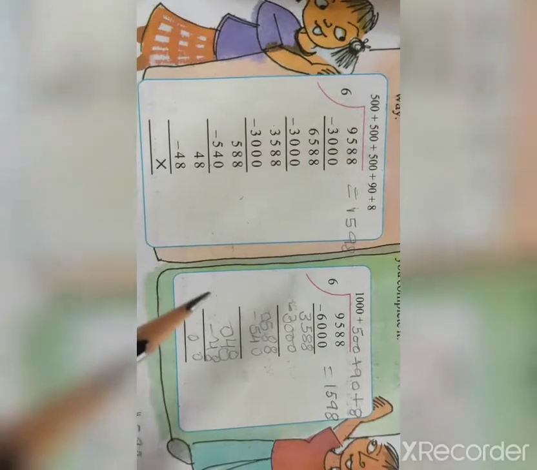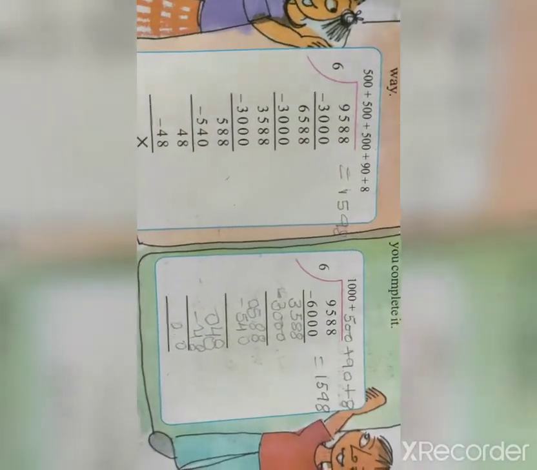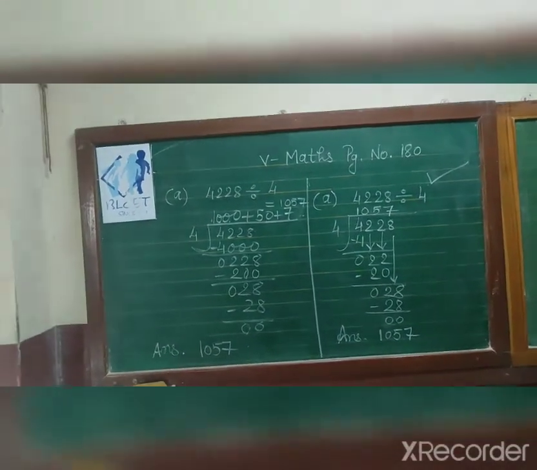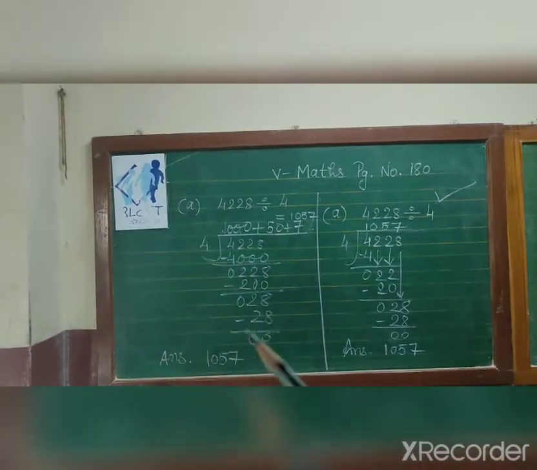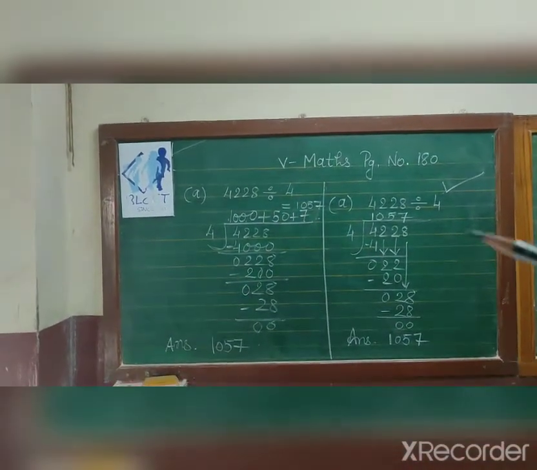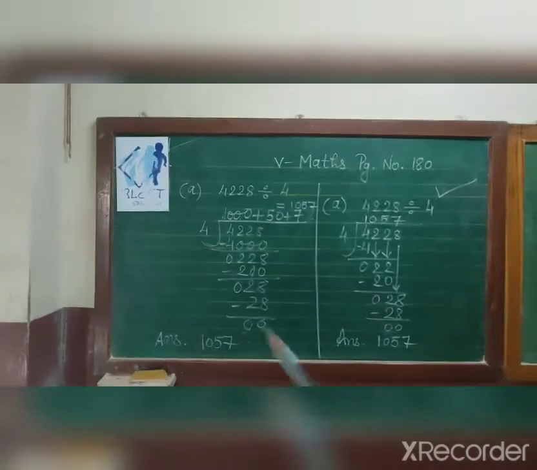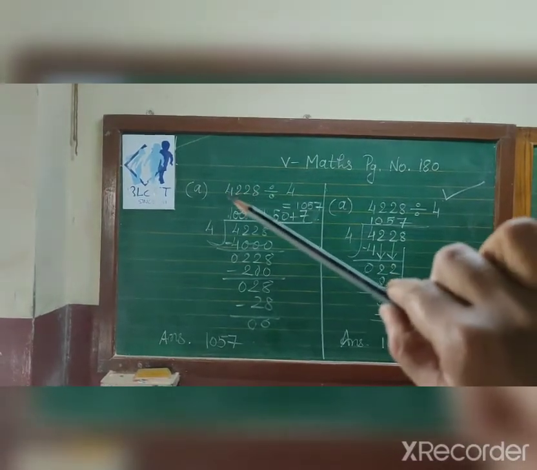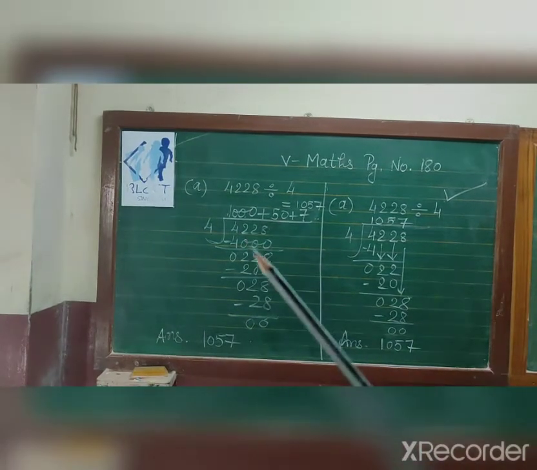Okay, so now today, but every time we can't say it is the division process, the standard form. So I will teach you the method of division. Now see, according to the textbook, I am solving practice time. First I am solving for you according to the textbook and the proper standard method, how we do the division. Now see, in this way, read the number: ones, tens, 100, 1000. 4,228 divided by 4. So what I have done, last digit is 1000.